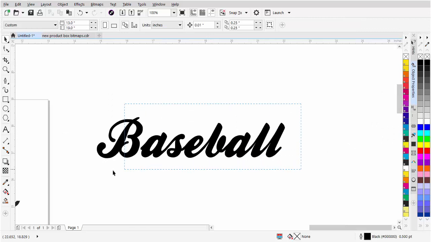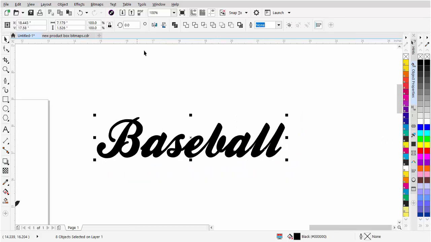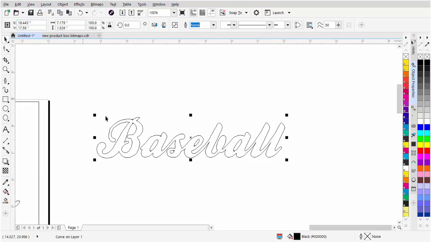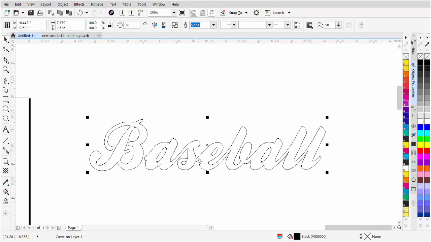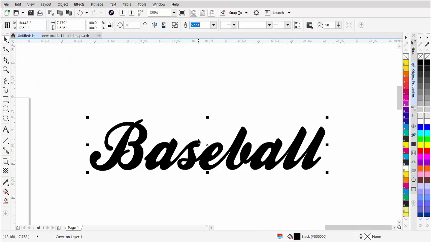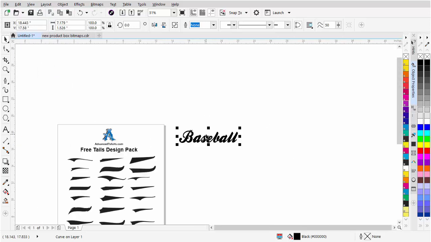Then I'll go ahead and select everything here in my text and just weld. Now if I go to View and Wireframe, I can see I no longer have that overlapping, so I'm really ready to work with this script font now that I've just converted it all to one object. Go back to View and Enhanced, pull back on my center mouse wheel to zoom out, and I'll grab the